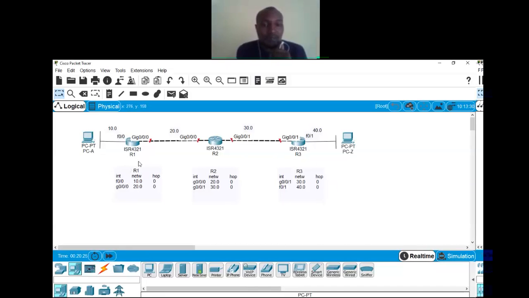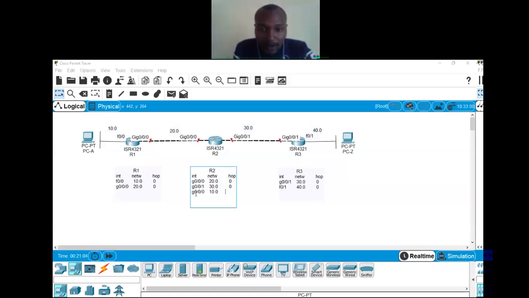If we choose the same routing protocol, it will automatically tell router 1 to send its routing table to router 2, and router 2 to send its routing table to router 1. So if router 1 sends its routing table to router 2, what will happen? Router 2 will open the information under router 1's routing table. It will check. You have network 10.0. You have 10.0 with hop count 0. So it will say under gig 0/0, I've learned about network